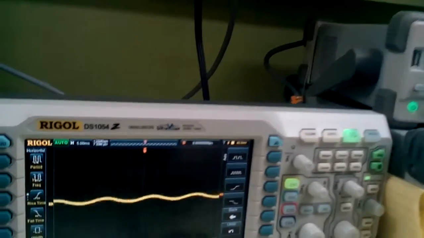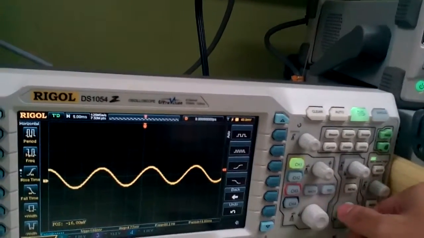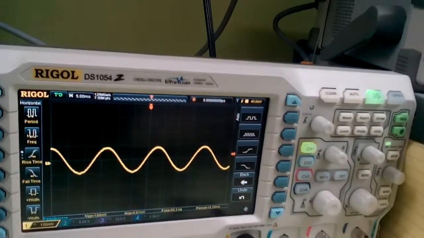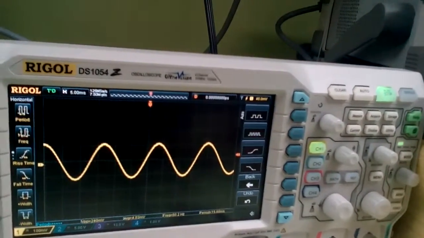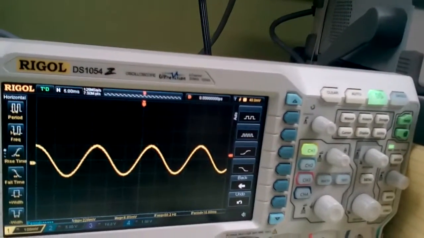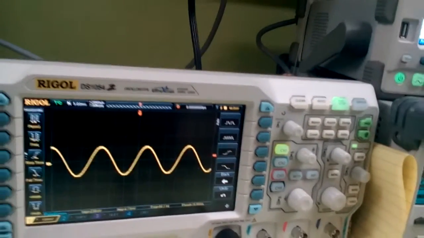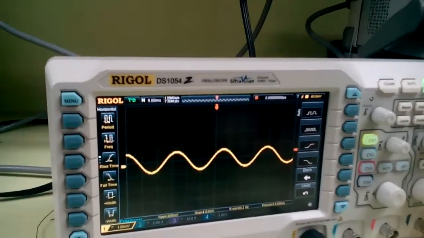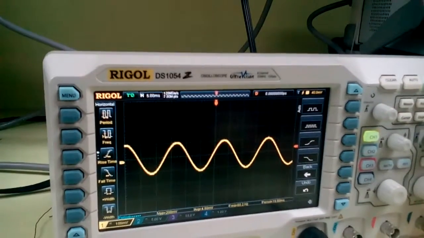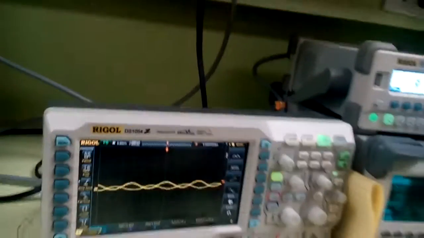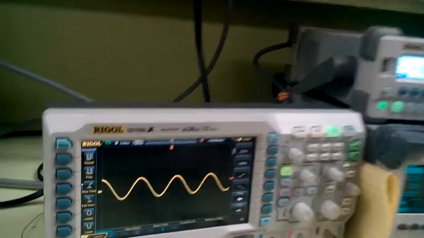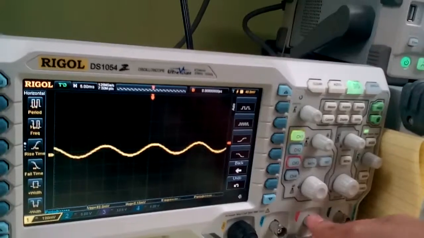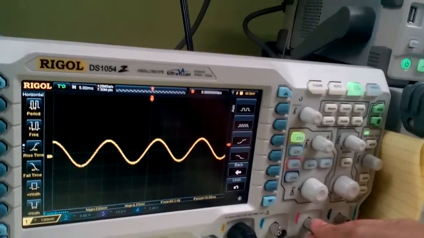Right now, we are at around 60.1 hertz, and you can see that 60.5. Okay, right now we are at 60.5 hertz, which is our center frequency,